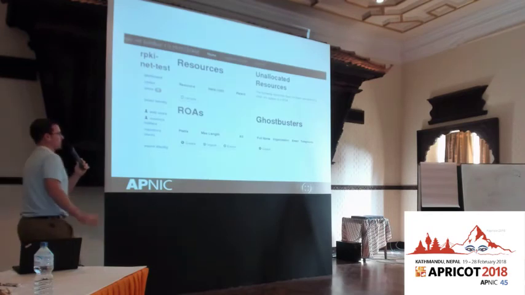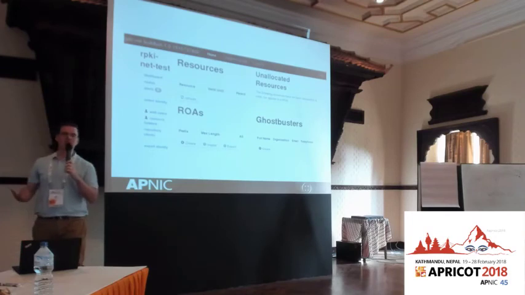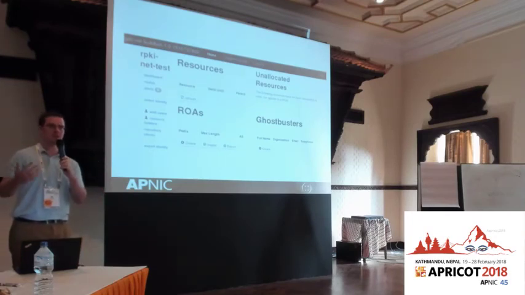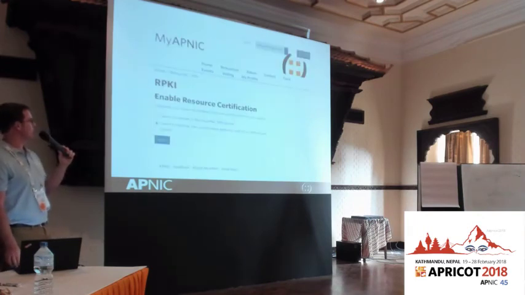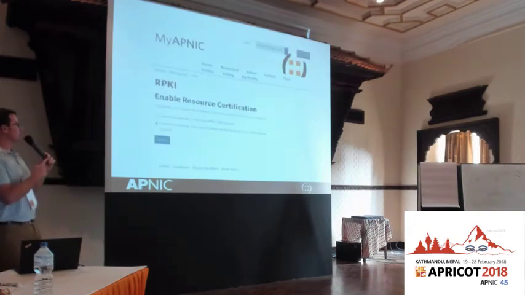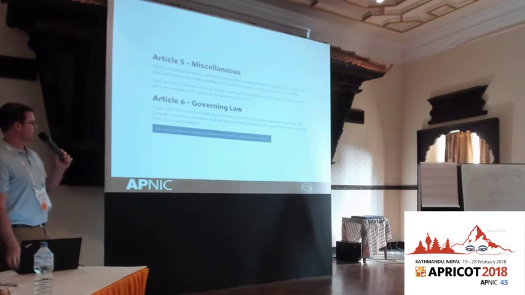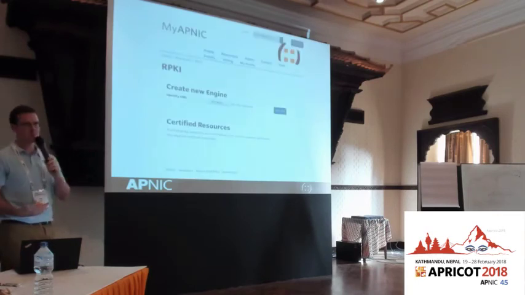So one other thing you have to do at this point is click Export Identity. That will give you an XML file which you can take to MyAPNIC to start establishing the link. So once that's done, you come back to MyAPNIC, but instead of picking the first option, you pick the second option for self-hosted engine. More terms and conditions, and then it will prompt you to upload that XML file.